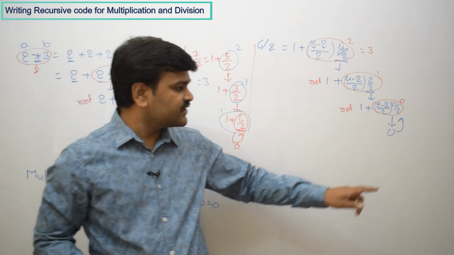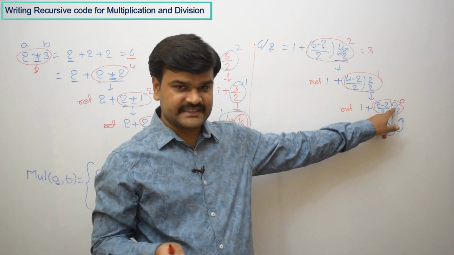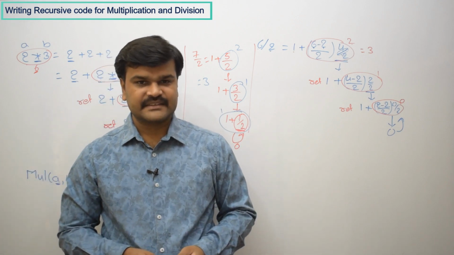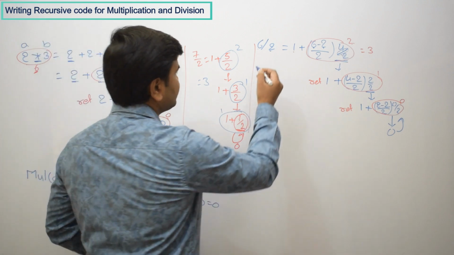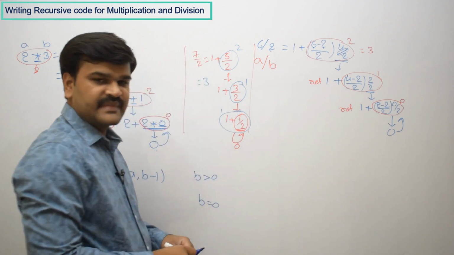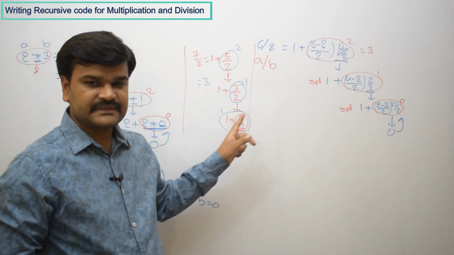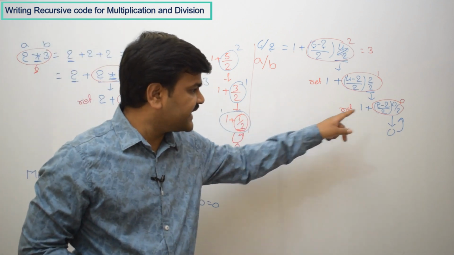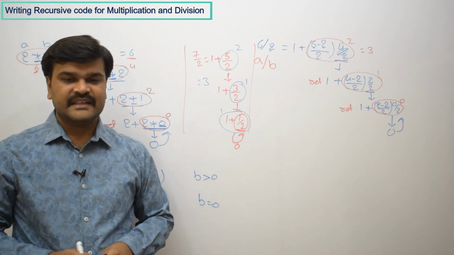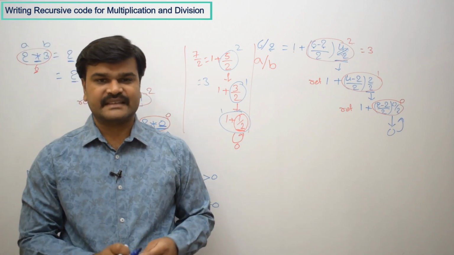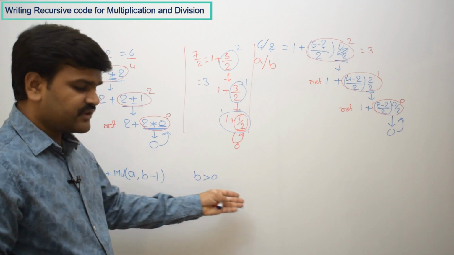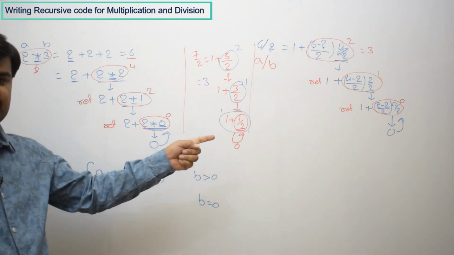So that means the numerator will not always become 0 at the base condition. So what is the relation between numerator and denominator? That we have to observe here. If you take A as the numerator and B as the denominator, what is the relation here if you observe? In these cases, whenever it is returning back, if you observe, A is less than B actually. That means we are unable to remove B from A. Then that is the base condition, the termination point. So with that, let us try to write down a similar type of recursive equation.